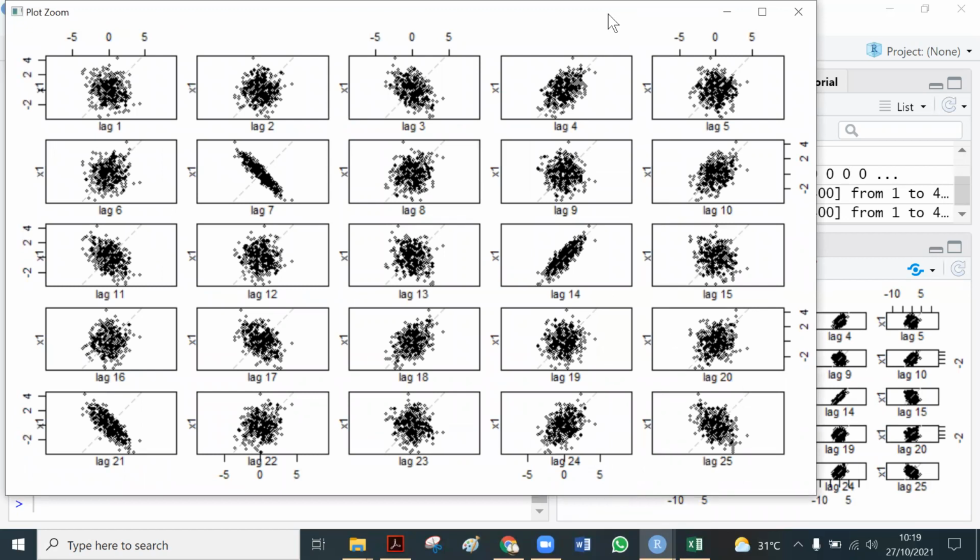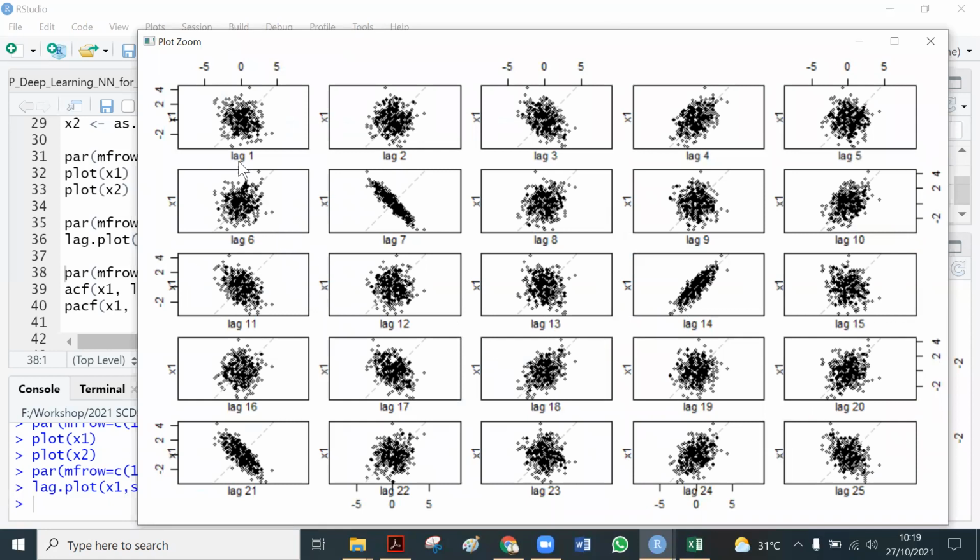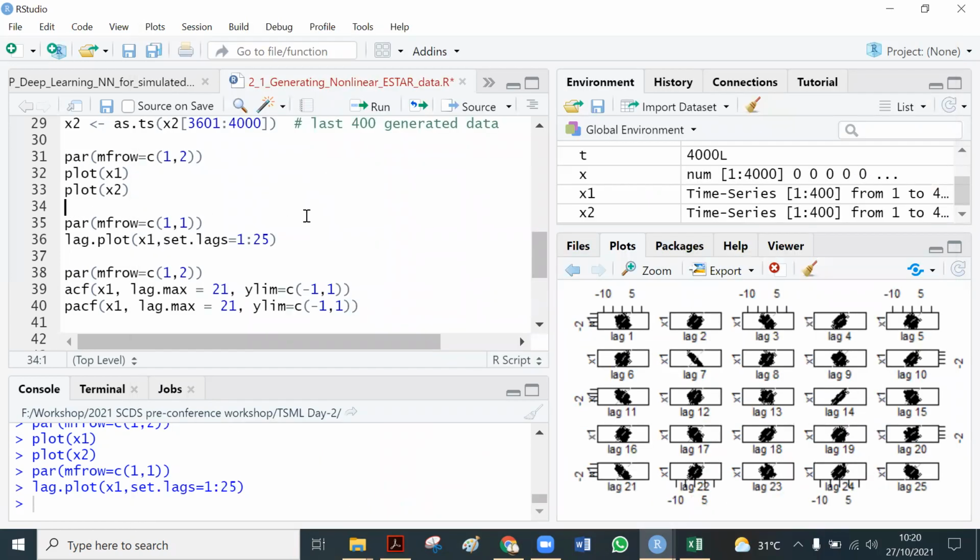We can see that this is the plot of xt, the generated data, with its lags, or with its value at lag 1. So this is xt and xt minus 1. Maybe I need to write, this is x1.